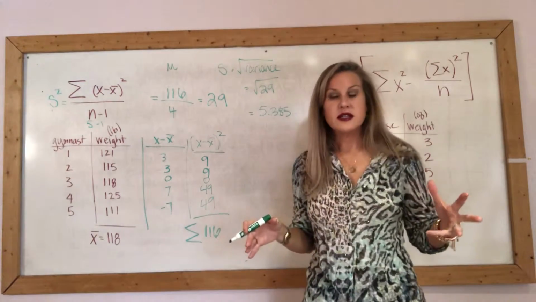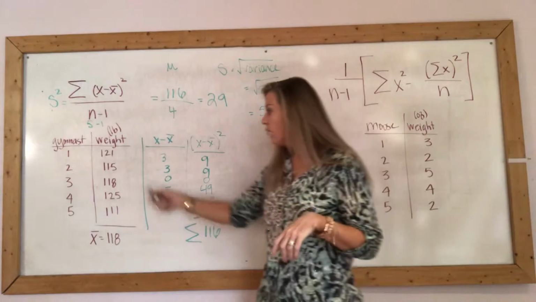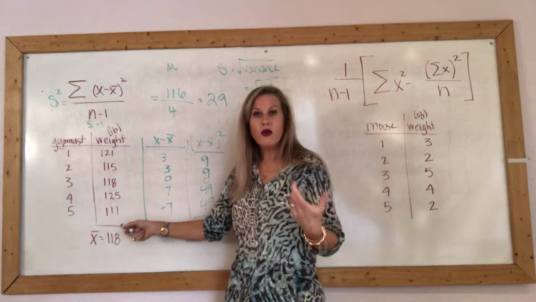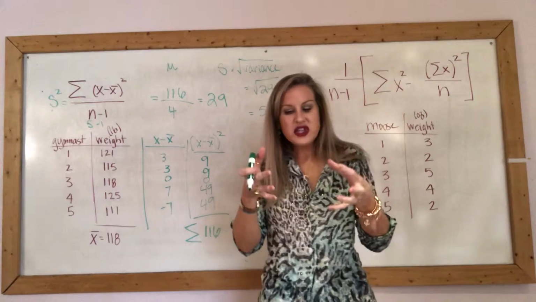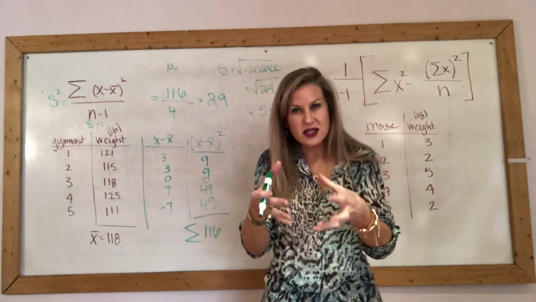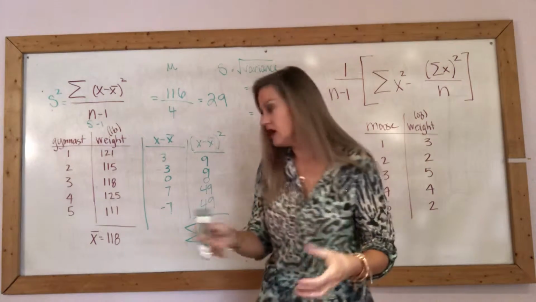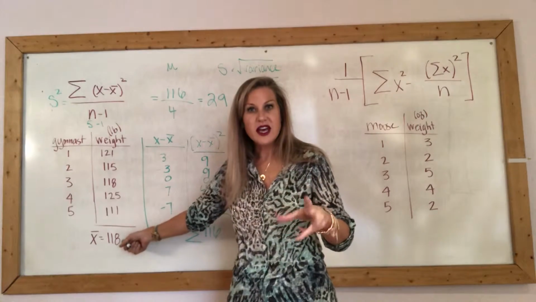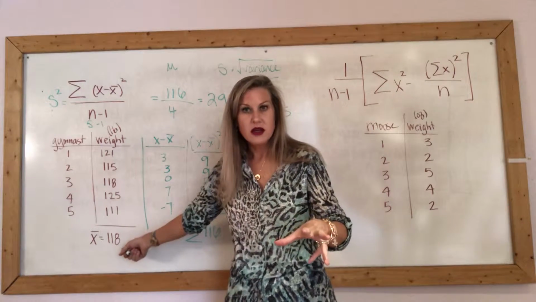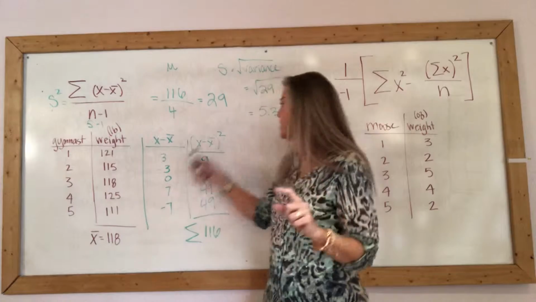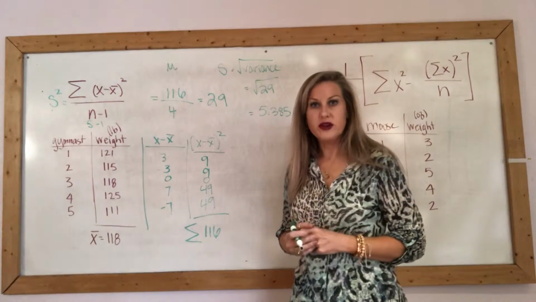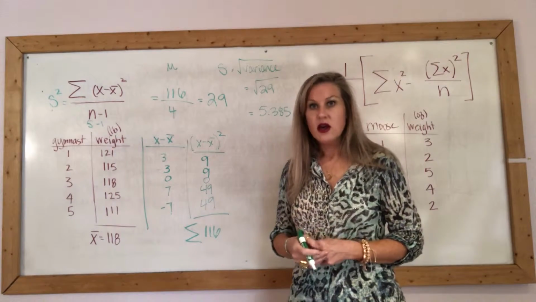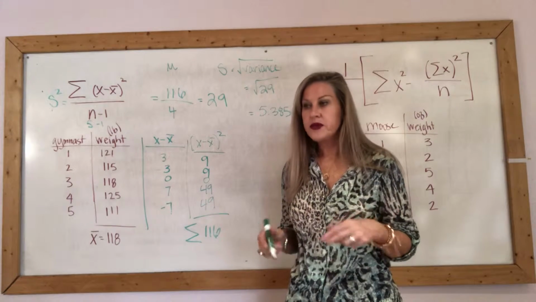So I went to the gymnastics team, I grabbed 5 girls. I weighed each one of them. I wanted to know, what's the general middle weight? What's the measure of center, the mean? The general average, the mean weight is 118 pounds with a standard deviation of 5.385 pounds, which tells me that